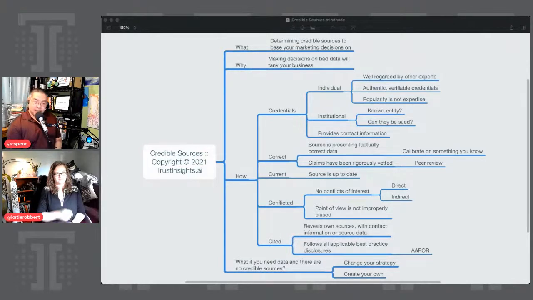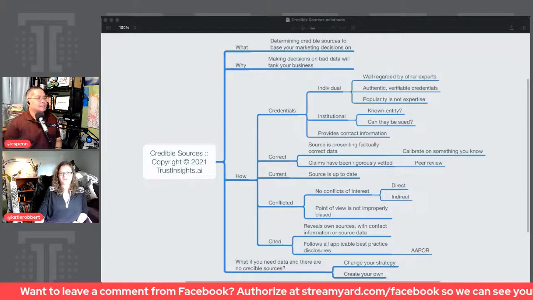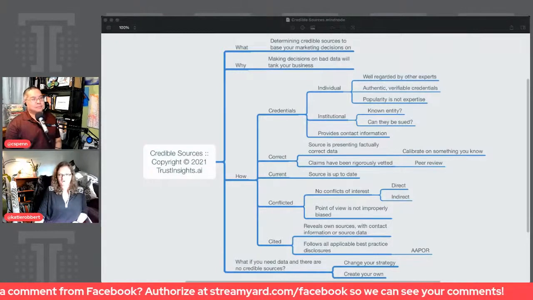Exactly. And there's a fair number of people. Again, this is where "well regarded by experts" is important. When you have a variety of people who all say, yes, this person at least knows what they're doing, that's important because, as with anything human, there are certainly cliques of people. You ask one group and they say, oh yes, that person's the bomb, and you ask another group of people and they say, oh no, that person's a total whatever. And so you have the people who can do no wrong.